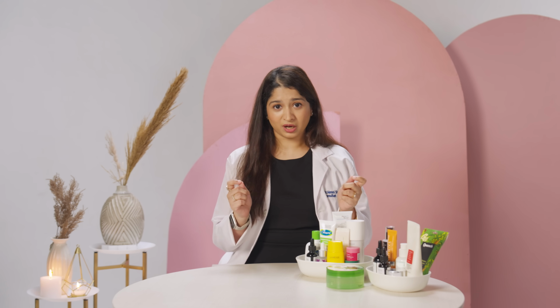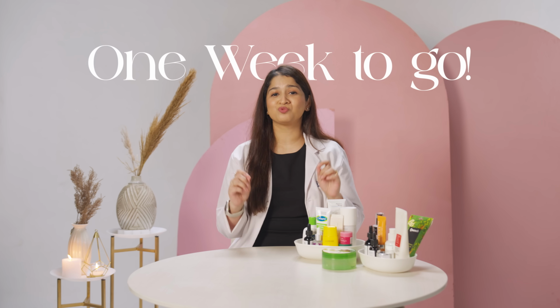A lot of facials can lead to sensitivity, irritation, and even breakouts and are best avoided. Even strong in-clinic treatments can come with a lot of downtime and you may not have enough time to recover. So both these are best avoided. Now with just 1 week to go for your big day, it's time to keep things simple and consistency is